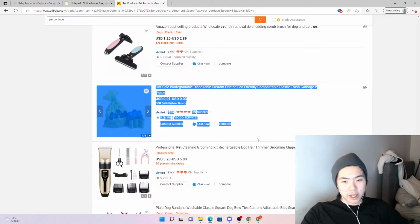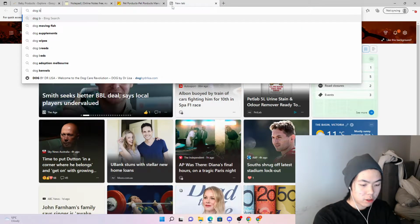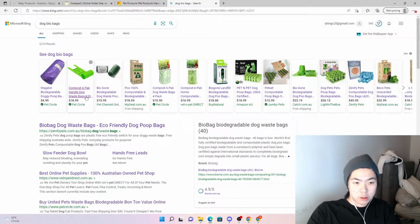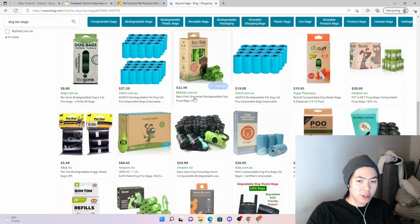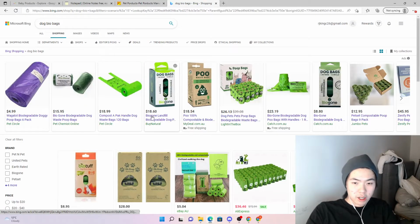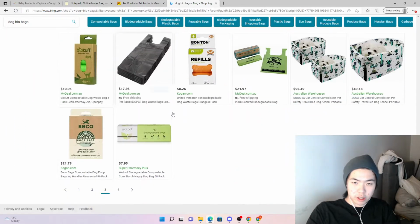Dog bags. I feel like dog bags are really popular. If you just search dog bio bags, I'm sure something will come up. See all these? There are so many. If there are this many listings, you know you shouldn't sell this product. If you see this many listings on Google already, pages and pages and pages of these products,